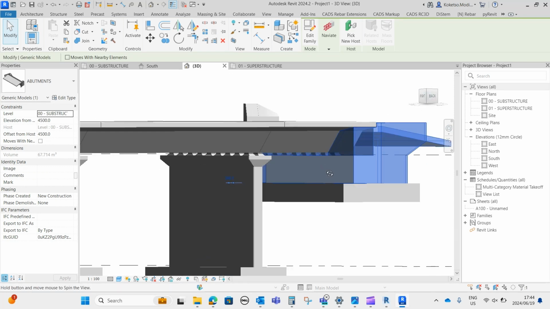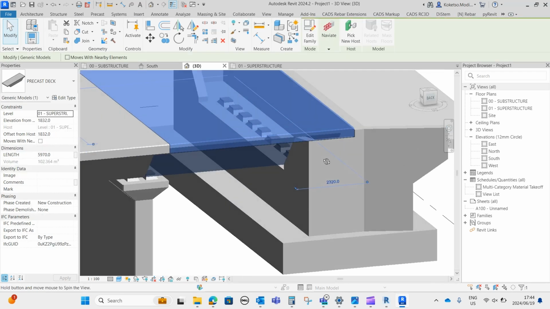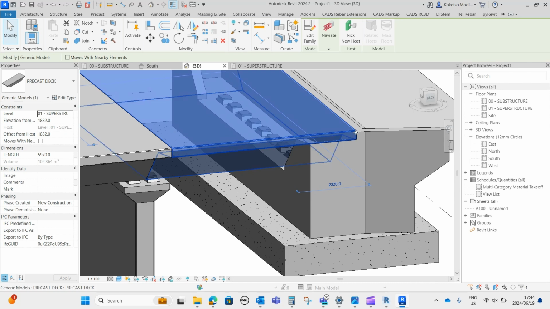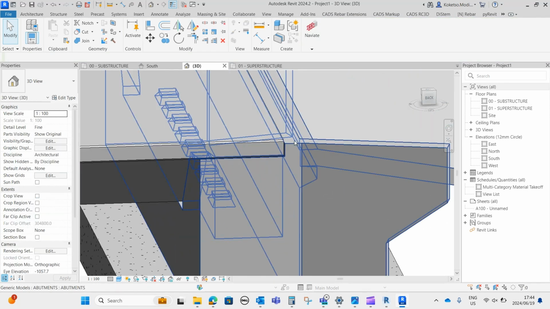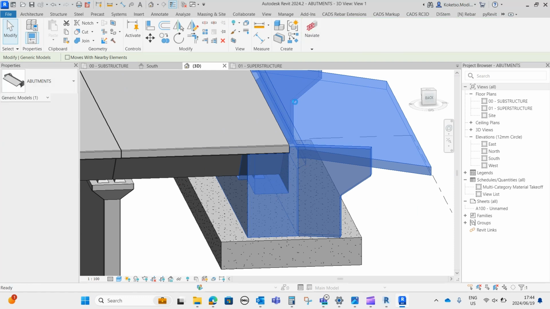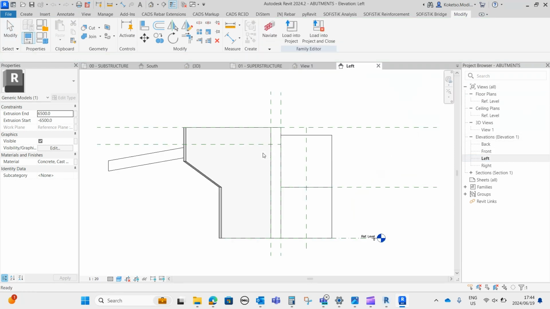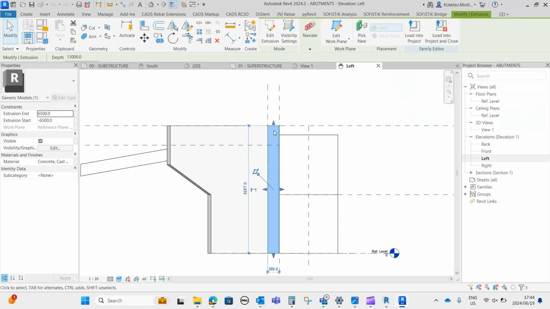Now let's see our deck. So our deck is fine, and it seems like we have to adjust the wall of our abutment. So I'm gonna select my abutment and say edit family and go to the left elevation. So on our left elevation,